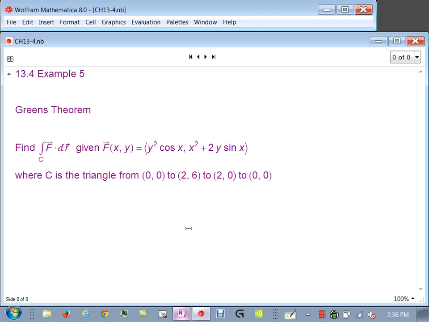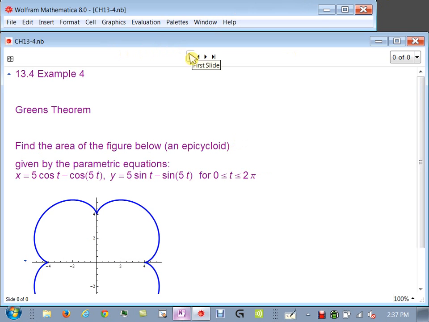Find this. What's different about this? What's that? It's a triangle, but something even before. It's a vector field, first of all, right? Look at the problems we've done before, right? Like